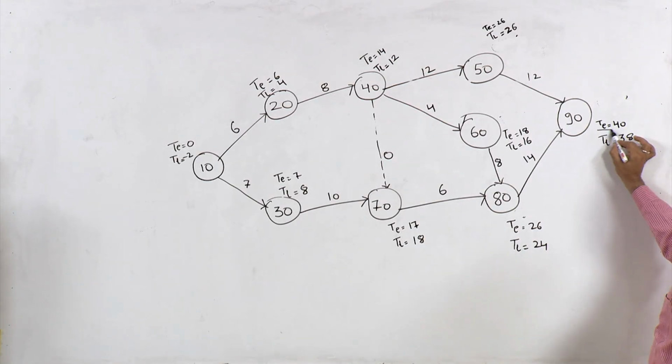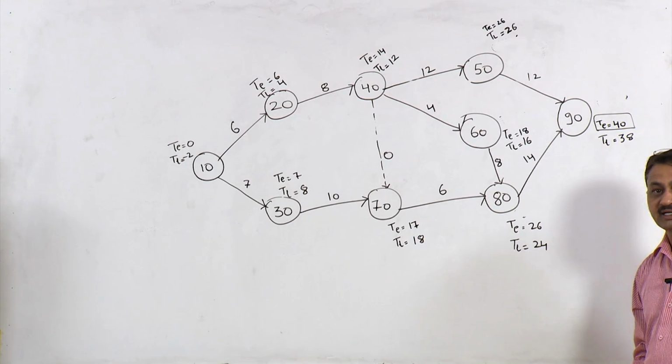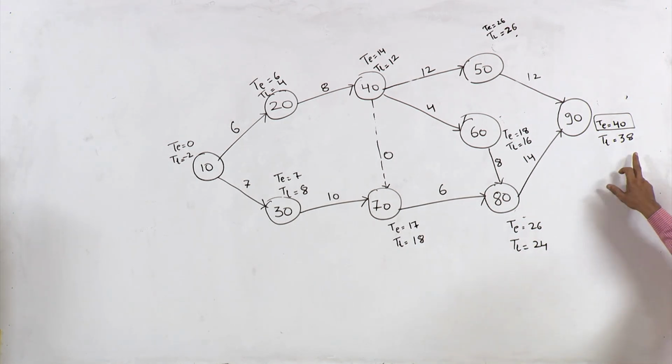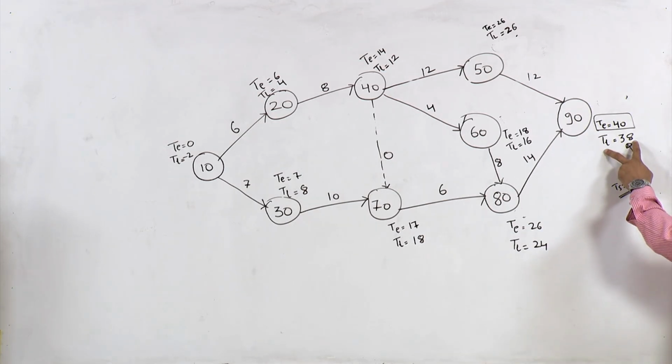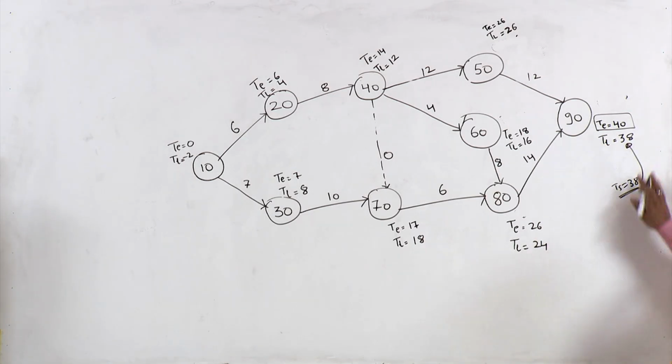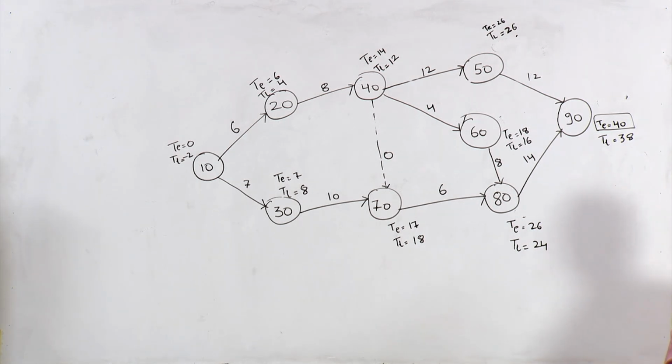So, this is the time in which this project would be completed, and the probability of completion is 50%, right. But you have been given scheduled completion time for this project as 38. You have to complete this project in 38 days. So, we will take TL at this node equal to TS. Since we have been given TS, we are taking TL equal to TS, otherwise we would have taken TL equal to 40, right. So, when we take TL equal to 38,